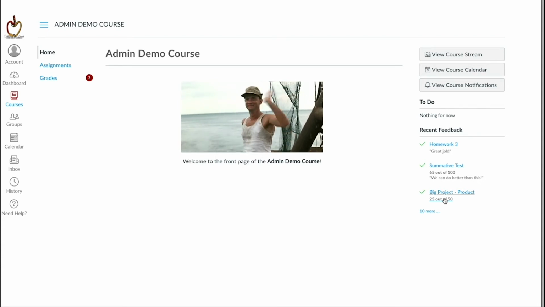But if they're not checking it regularly, they could miss it. It could scroll down and be off screen and they don't even see that you left it there. And without that grades menu visible, there's not an easy way to jump back to it. But here, they see I have two notifications I need to go and check on, right? So let's jump into, as the student, remember I'm the student right now,